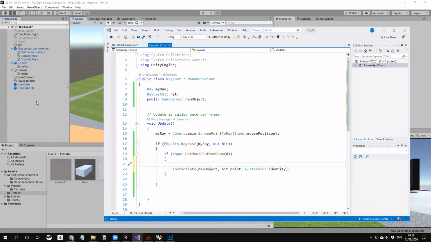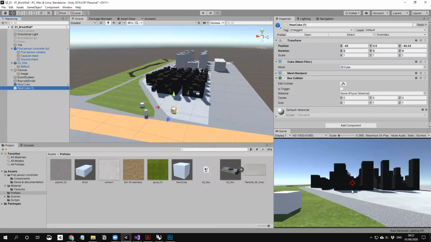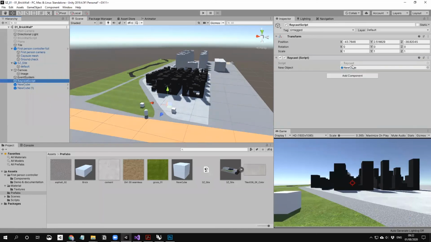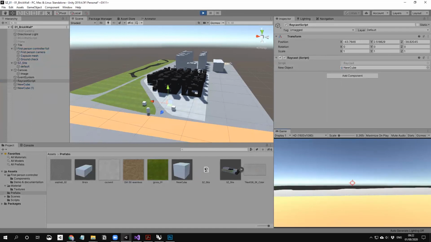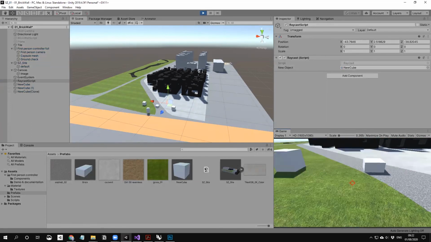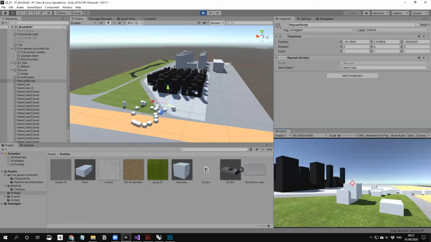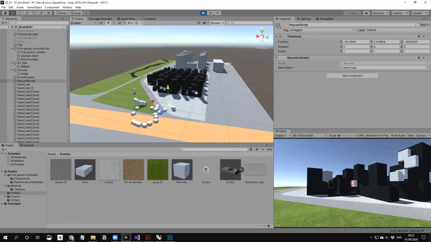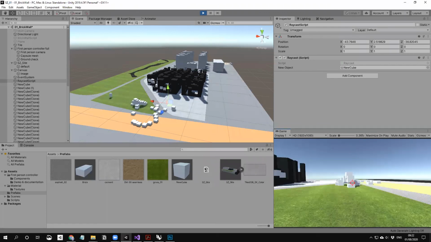In the meantime, I brought a new cube into the prefab, and yeah, so here when I play it, where is it? Yeah, it's going to create the cube, and yeah, like this, and here, everywhere. Of course it depends on your prefabs. I'm just using the cube for now. So it creates